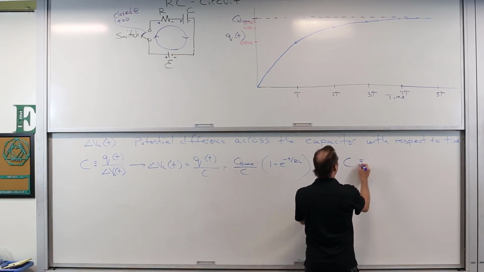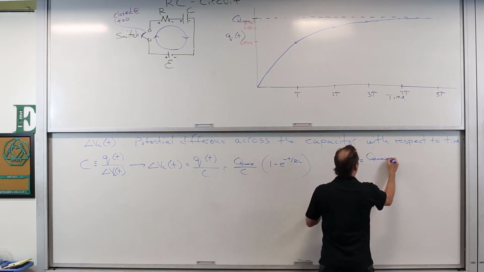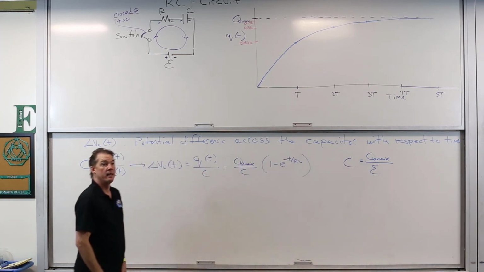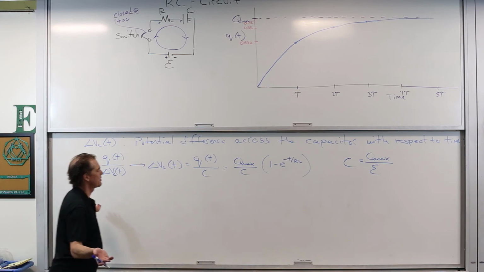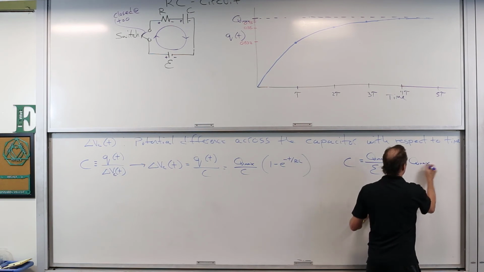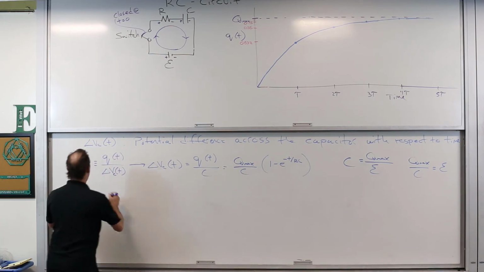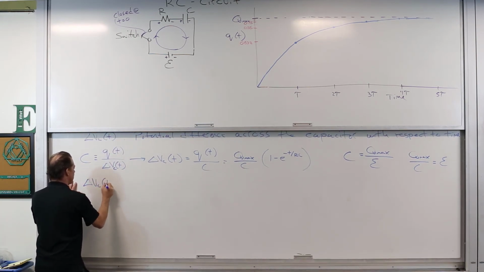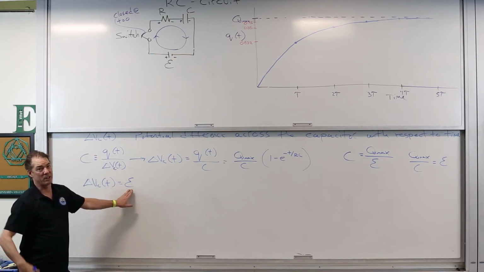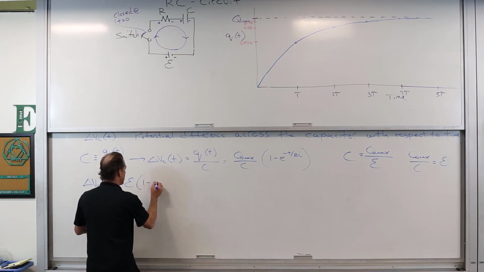When the capacitor is fully charged, it has a maximum amount of charge across its plates and will carry the potential difference across its plates that the source potential does. So what's Q max divided by C? That's equal to the source potential. So this reduces down into delta V sub C of t is then equal to this, the source potential, which is equivalent to the maximum potential difference across the plates of the capacitor,